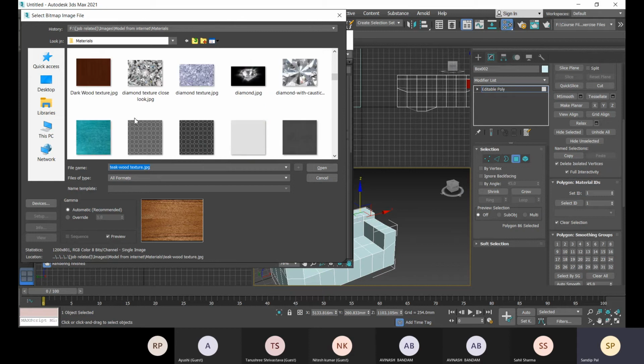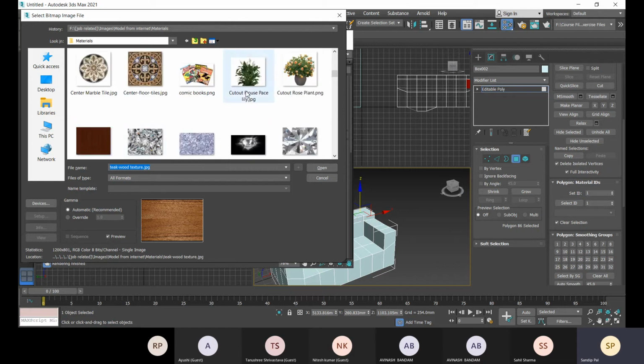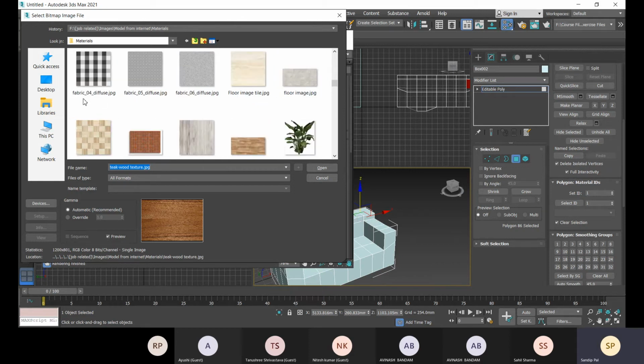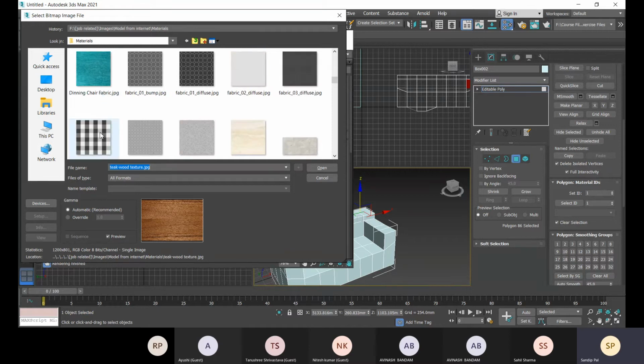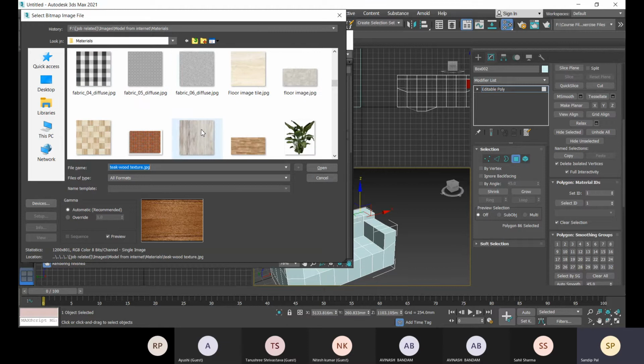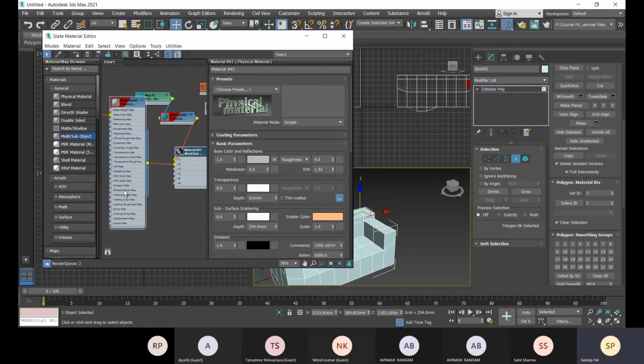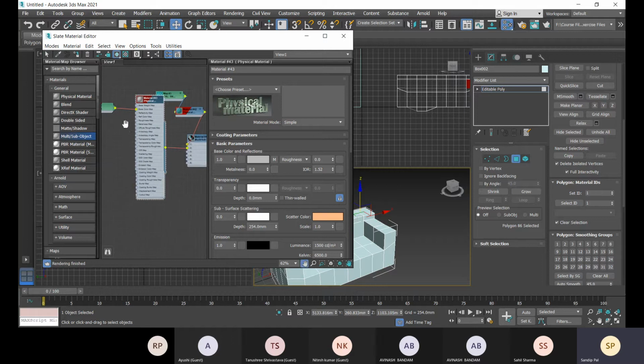Let me see if I have any other texture available. So yes, I have this. Let me choose this. Okay, so that is applied over there.